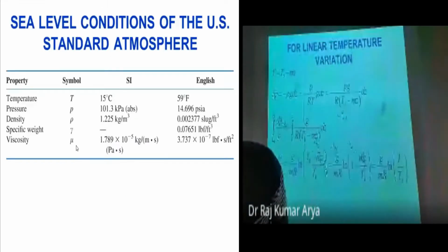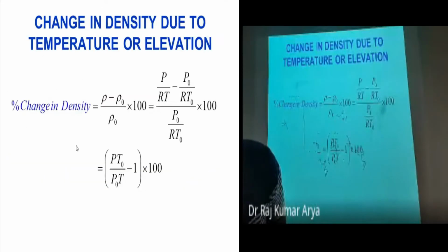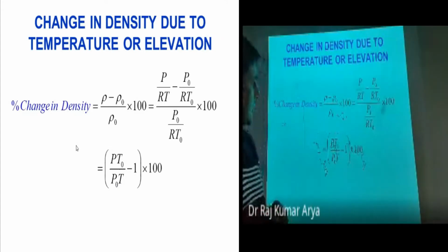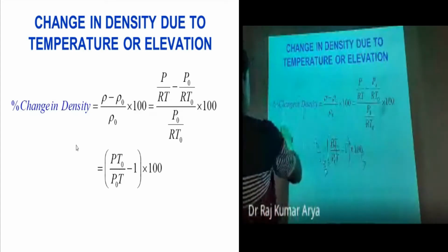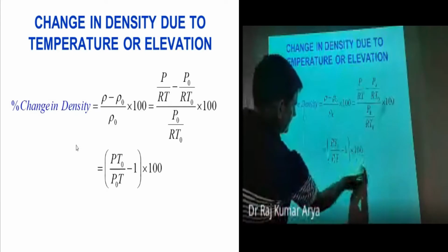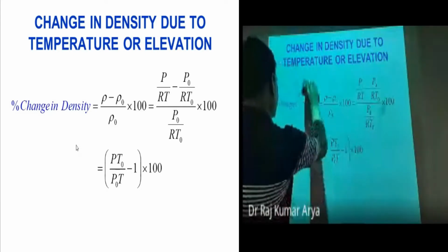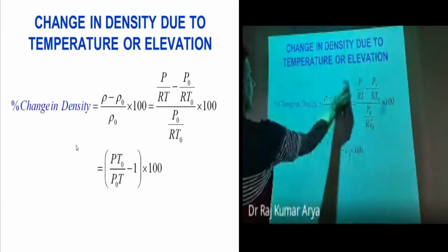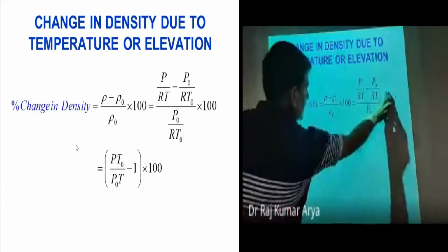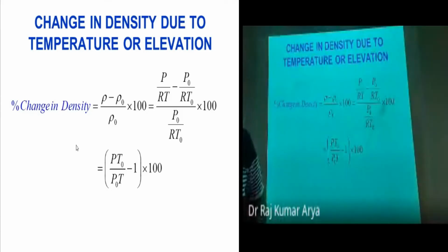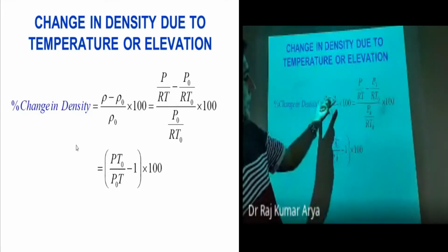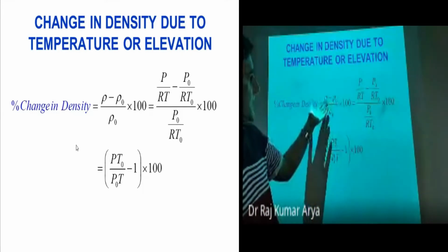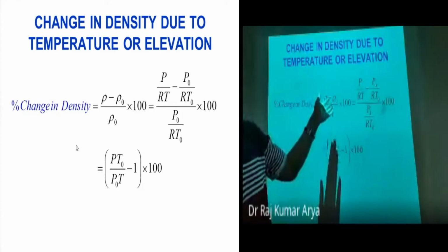So these are the standards. So we were here actually. The density change with the pressure change. So you are just calculating the density change here. So you have here the delta rho only. So rho is the new density, rho naught is the old density.